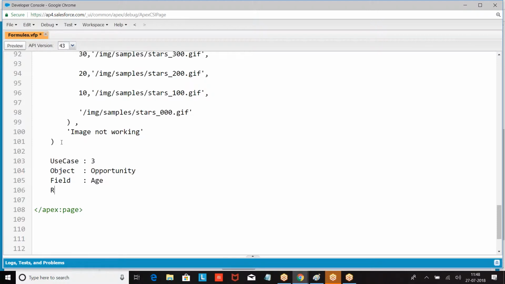Age. This will calculate the number of days. How many days back the record was created.